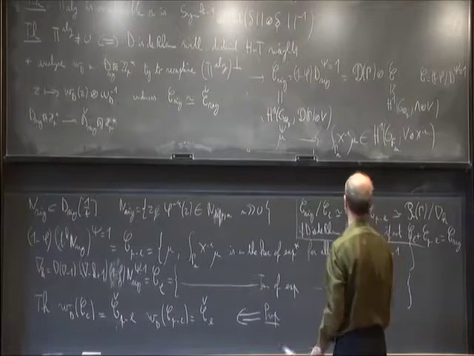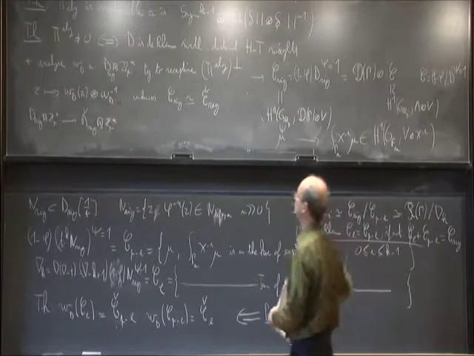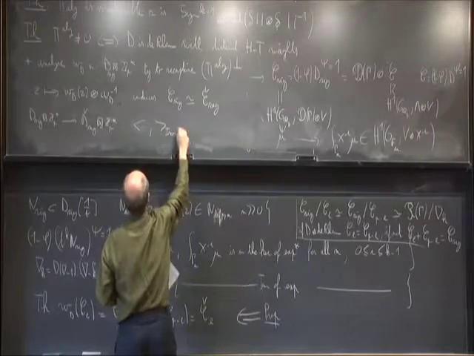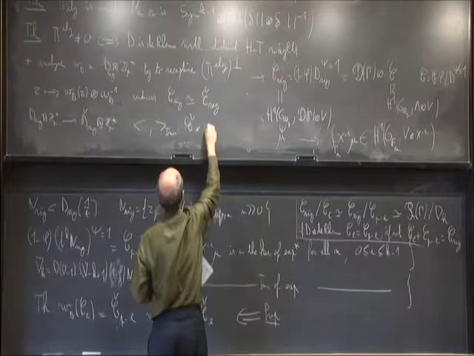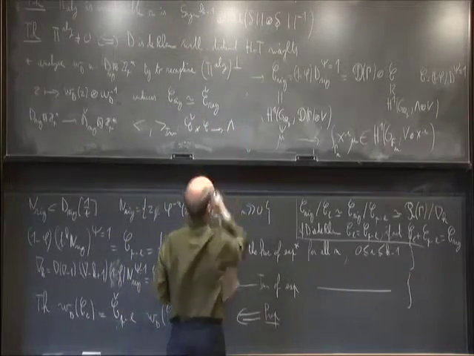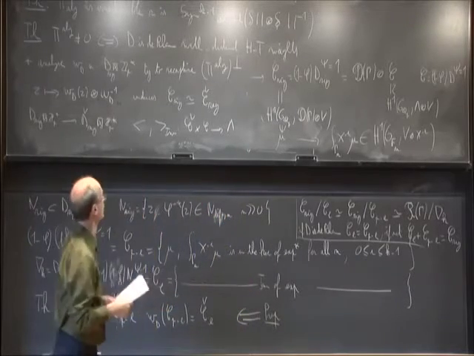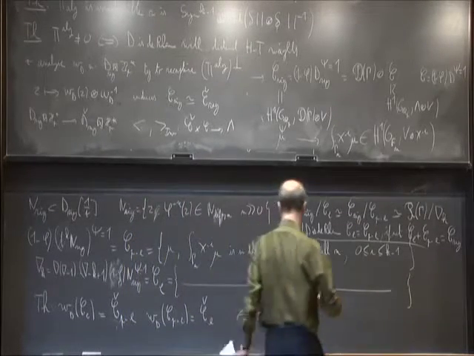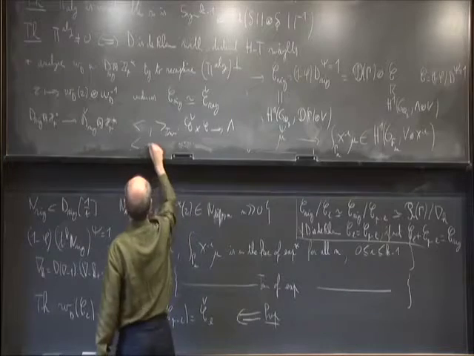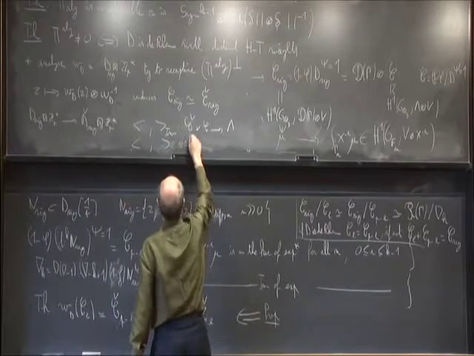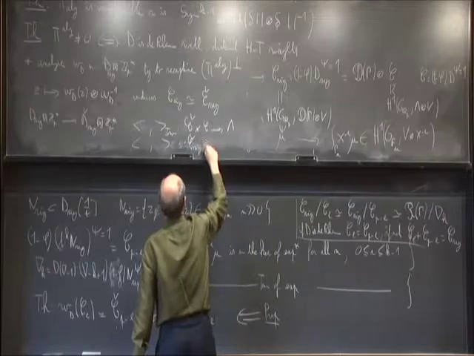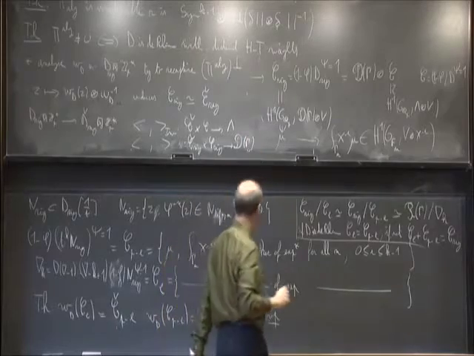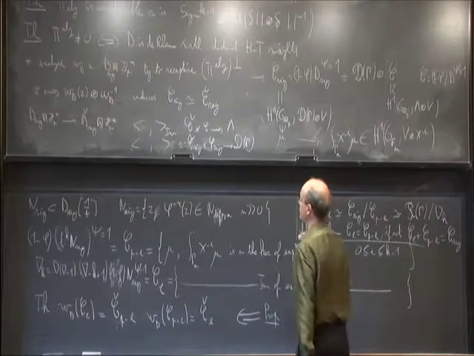I remind you that I have some Iwasawa pairing from CH cross C to lambda. And you can extend it by extending the scalar to C rig. And so you have the same thing with CH rig cross C rig to D of gamma. And the main thing is that this pairing here, Iwasawa,